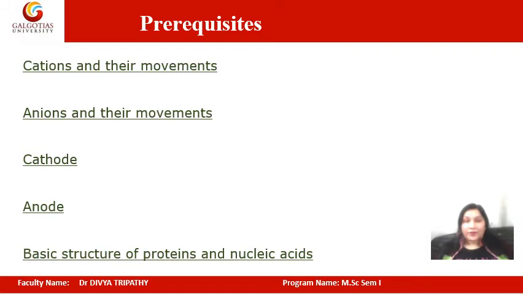In the case of proteins, we know that proteins are zwitterions that have both positive and negative charge on the same molecule, and they have an isoelectric point and behave like a zwitterion. You should also know what type of charge a nucleic acid has. Generally, the nucleic acid has an overall negative charge and it will move towards the positive electrode, you can say the anode, under an electric field.